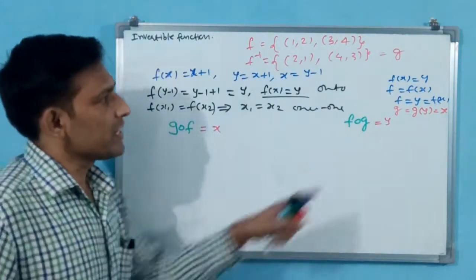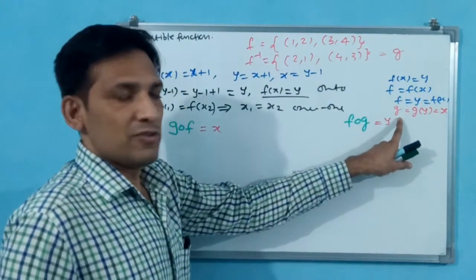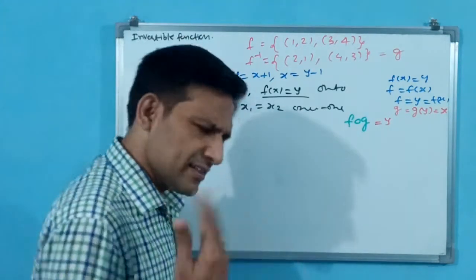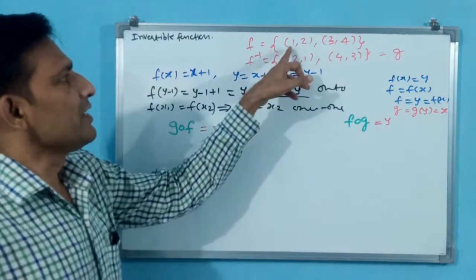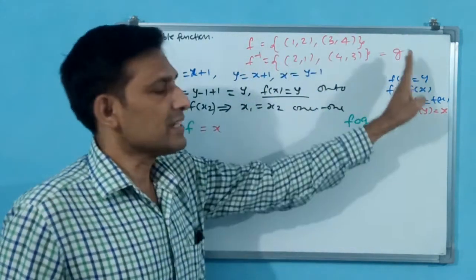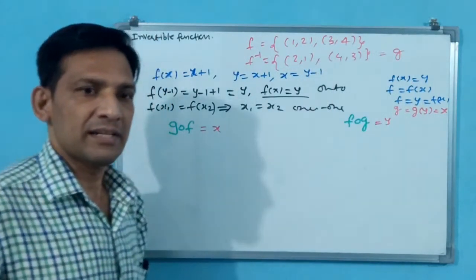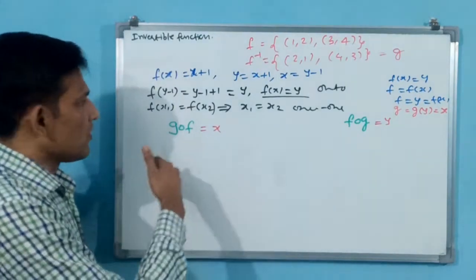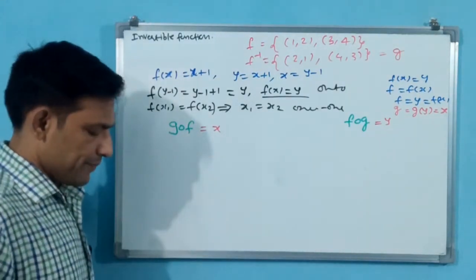And the inverse also you can directly say is G. G means G of Y is the inverse. G of Y means X is the inverse. That's all. Why? Because here X input means Y was coming, but if you take Y, automatically X is coming, so that is the inverse. Now we see how to do this, GOF of X and FOG of Y.